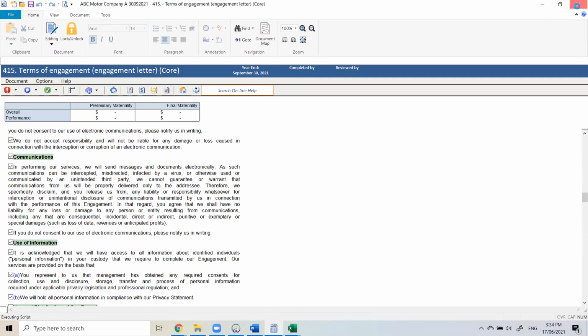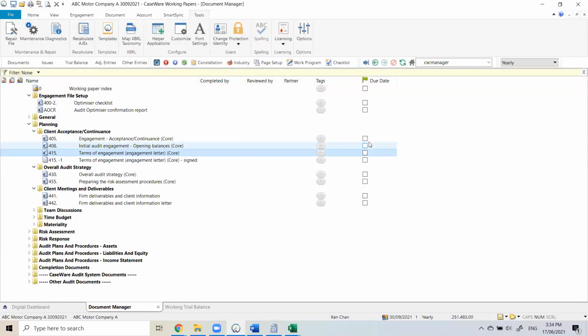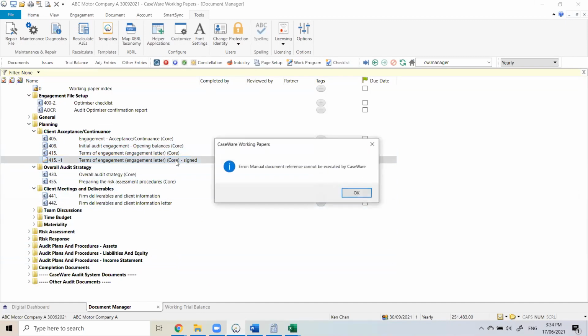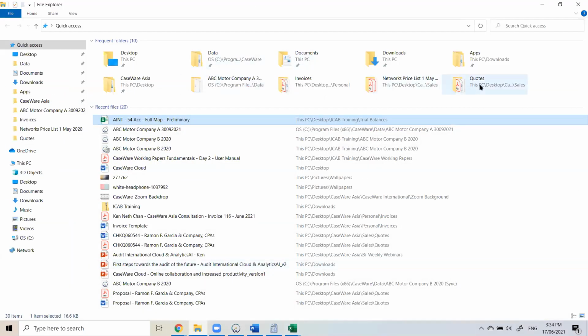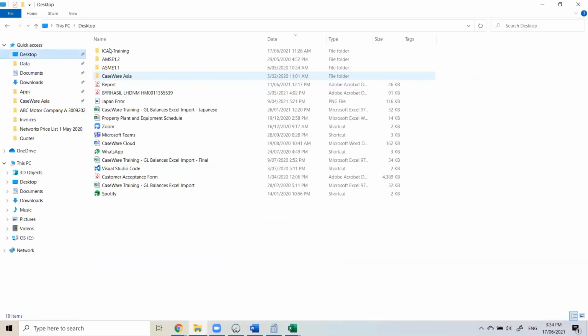So when they sign it back to you in a PDF, you drag it and put it back into your Caseware file. So this here, if I double click on that, that's the question. What is this 415 signed? This is a reminder. There is no document in here yet. So when I'm ready,